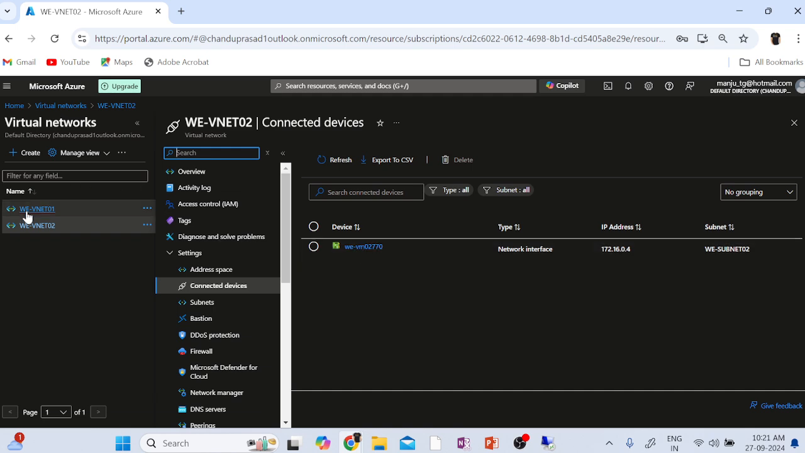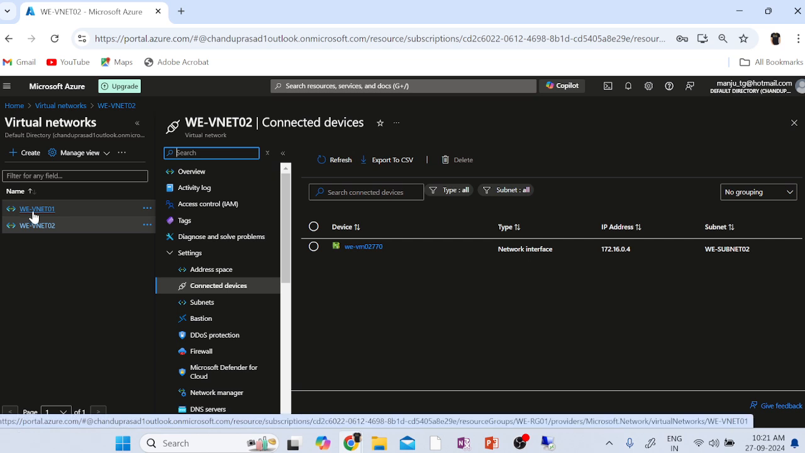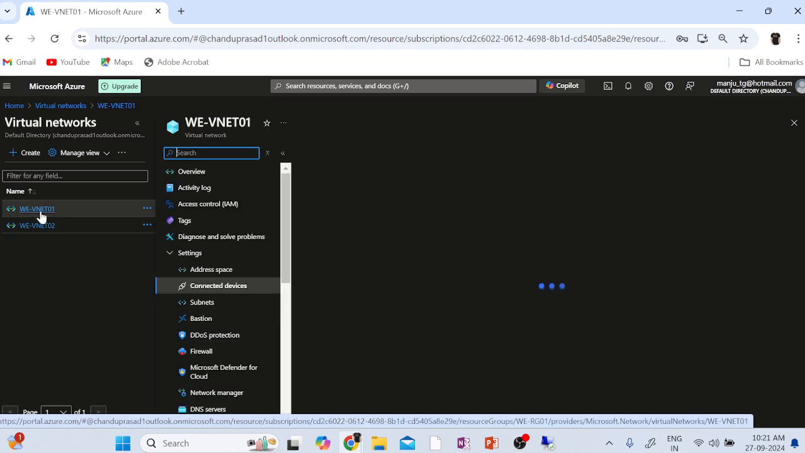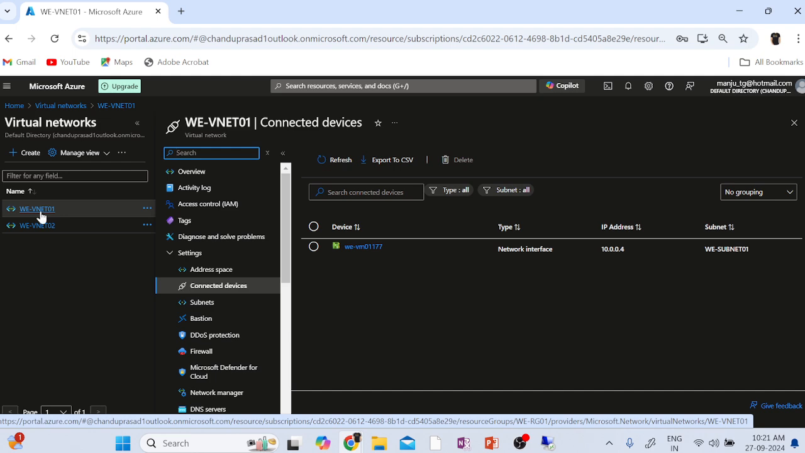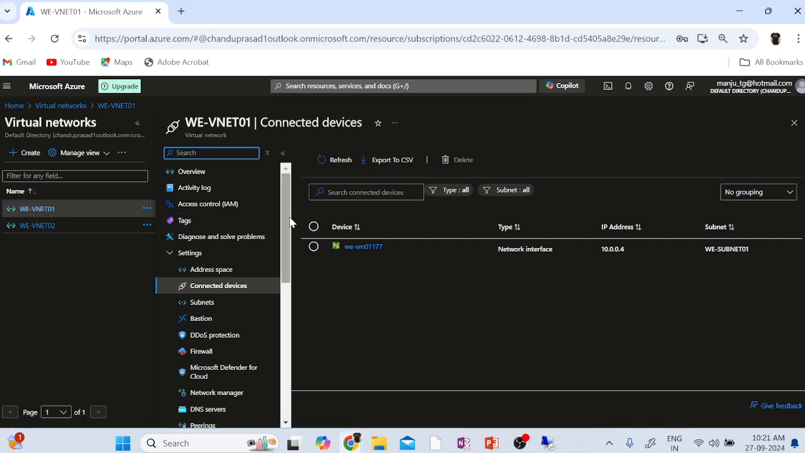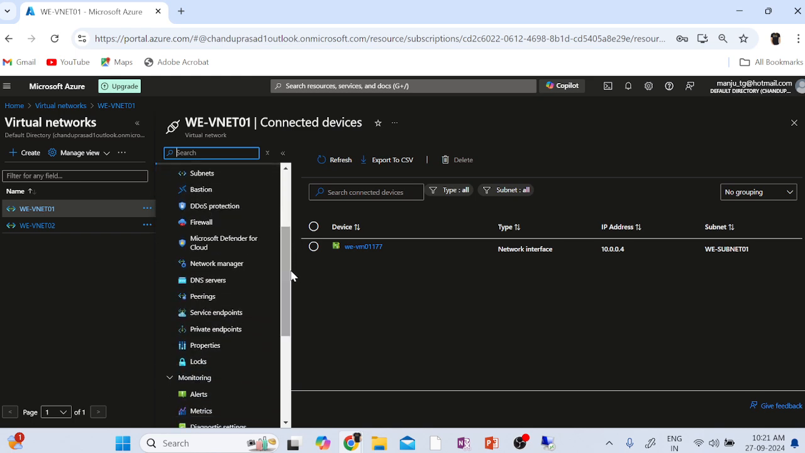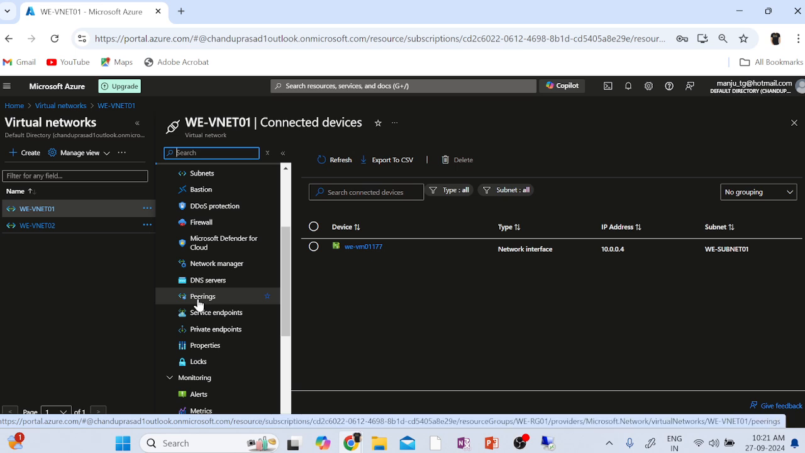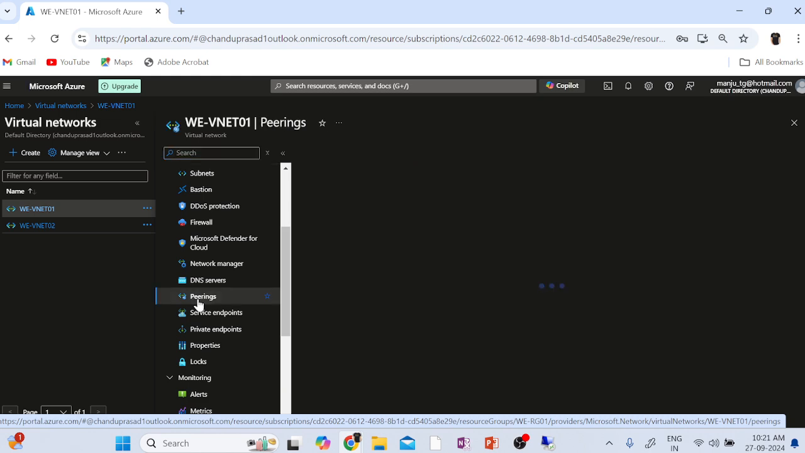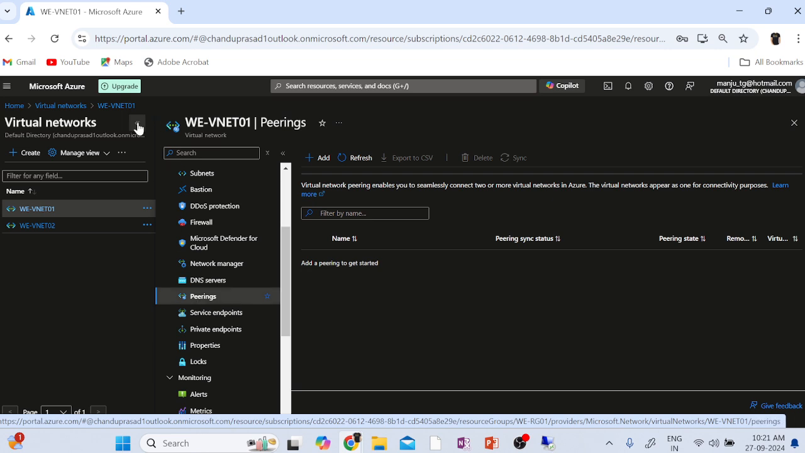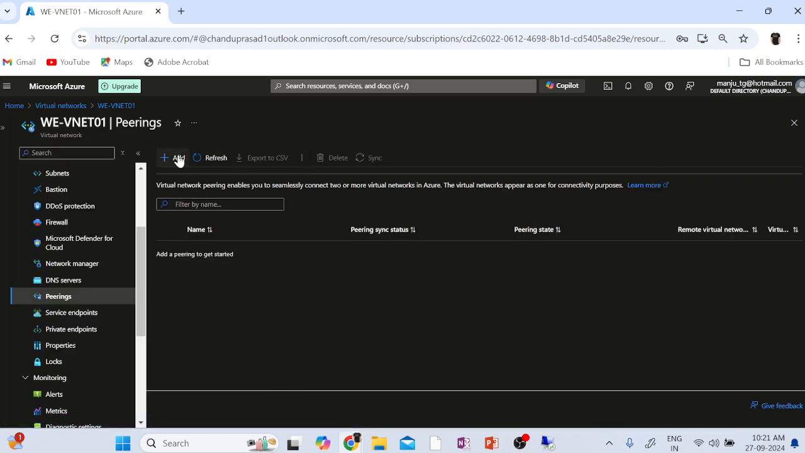Right now, since there is no connectivity, I need to make sure I have the connection between both the virtual networks. In order to enable the connection, there is an option called vnet peering. So you have to make sure you enable the peering between both the virtual networks. To enable it, you need to go to peerings, and there you have an option called add. Click on add,